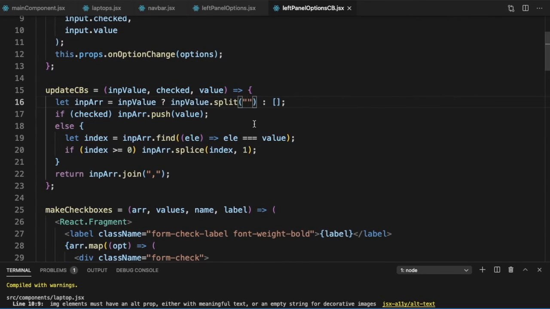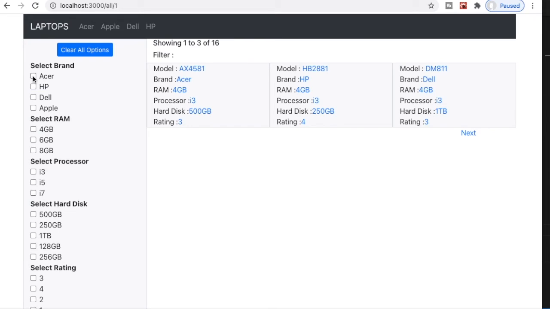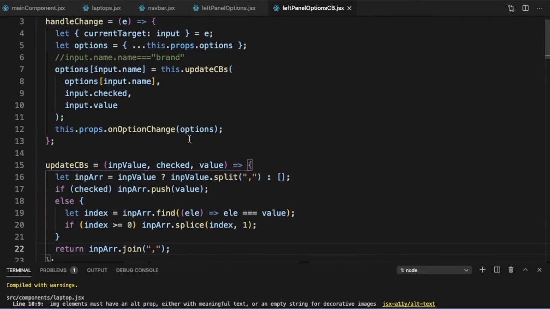This should have been inputValue.split with a comma. If we don't give it that, it is splitting it everywhere. I think this should fix it. So let's test it again. So Acer, HP, Dell, yeah, this is working fine. But if I uncheck HP, that's giving me an error. Let's check our code.